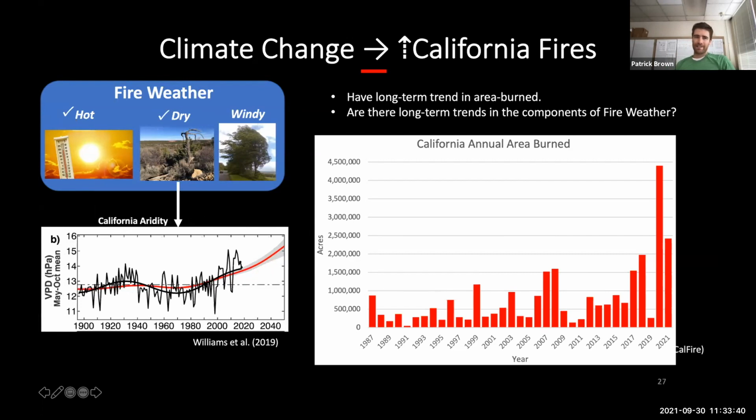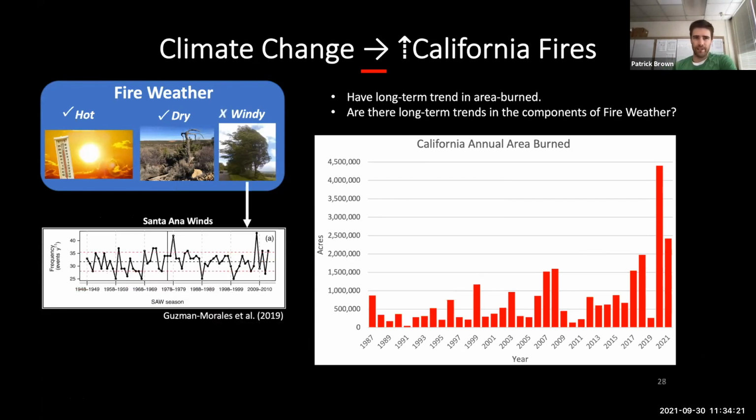And then dryness is a similar story. So we saw in that red flag warning matrix that aridity, dryness in terms of relative humidity, this is a different measure, but it's the same idea, that it's going to be more conducive to wildfires when it's drier. And we have a similar situation. It's been getting drier and drier since the 1980s over the same time period when wildfire activity has increased, and we're only expecting it to get continuously drier over the next couple of decades.